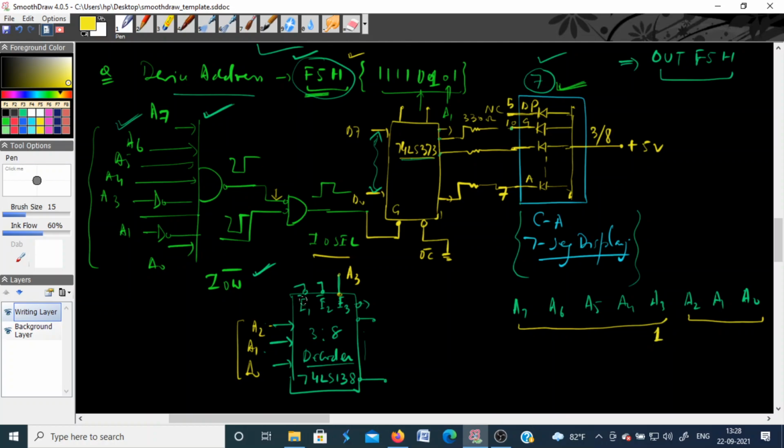Okay, similarly you have 2 more pins, E1, E2. Both of these should be connected to ground. So you can see, you can design the circuit anyway. What you can do is something like this also, that now you are left with 4 pins, that is A4 to A7. So you can connect them with the NAND gate, and the output of this NAND gate can be connected to these enable pins,